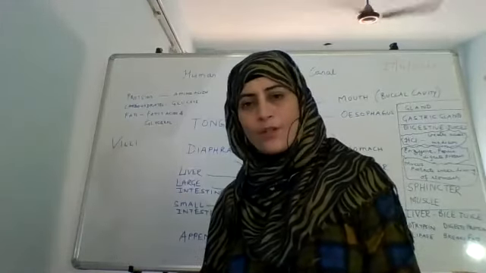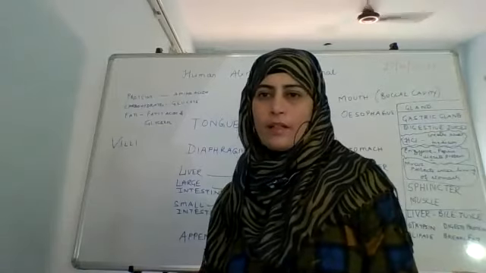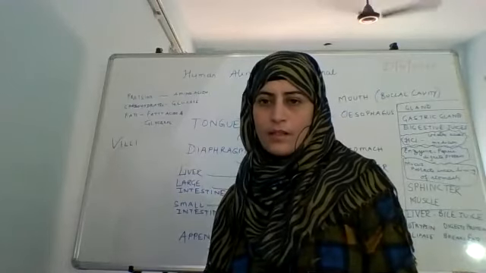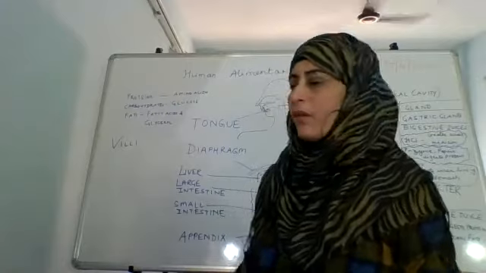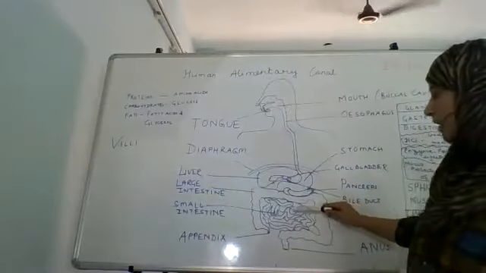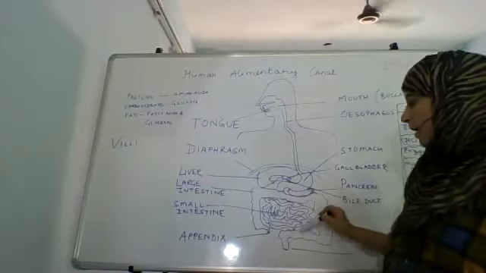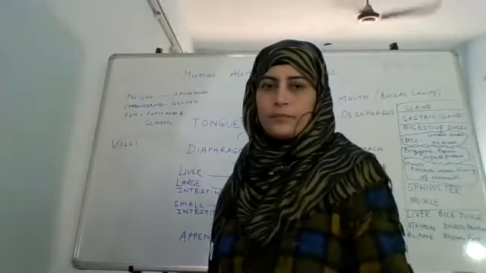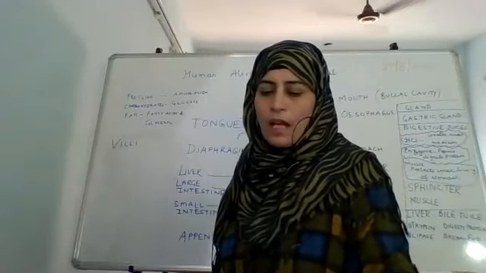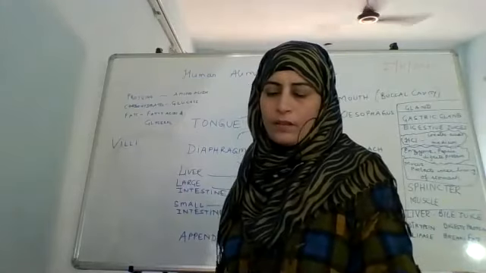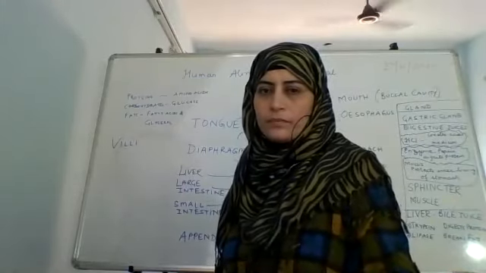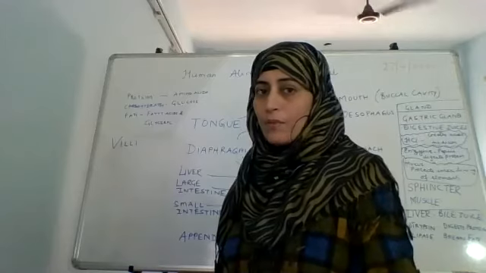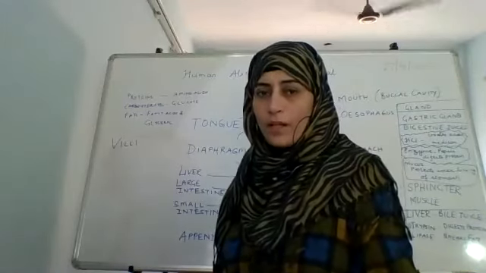Further, you can write what happens to the food inside the large intestine. What happens to the food in the large intestine? क्योंकि अभी फूड स्मॉल इंटेस्टाइन से होकर लार्ज इंटेस्टाइन में जाने वाला है, and from here it is going to pass out of the body through the anus. So what happens to the food in the large intestine? Continue writing. The unabsorbed food, अभी जो absorb नहीं हुआ है, जो utilize नहीं हुआ है, उसका क्या हो रहा है?